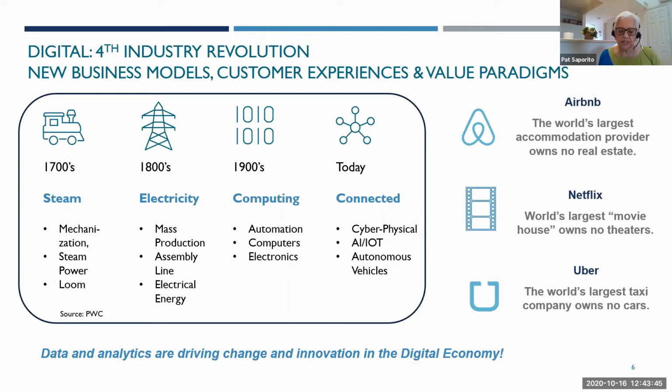Just to talk a little bit about some of the industries, Airbnb, right? So what's the digital revolution all about? We're the world's largest accommodation provider. You can call it a hotel if you want, or a B&B or whatever. Owns no real estate, right? So it's all about facilitation. It's not about owning. So you're owning the channel and the relationship. You don't own the physical assets, basically.